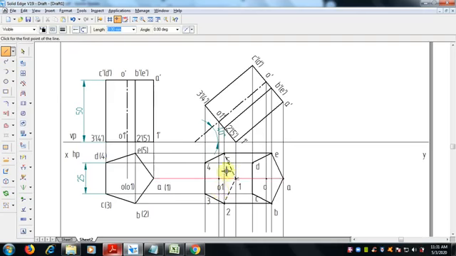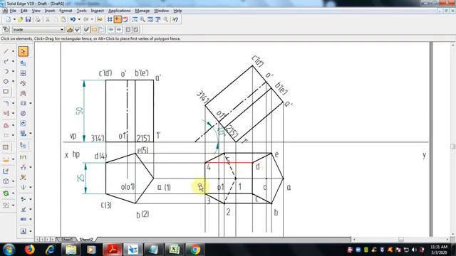So 2 to B is done, 5 to E is there, 4 to D is a visible edge, so we have to use a continuous line of 0.5 mm thickness like this. Again select continuous line 0.5 mm thickness and join this 3 with C, 1 with A, 2 with B, 3 with C, 4 with D, like that.